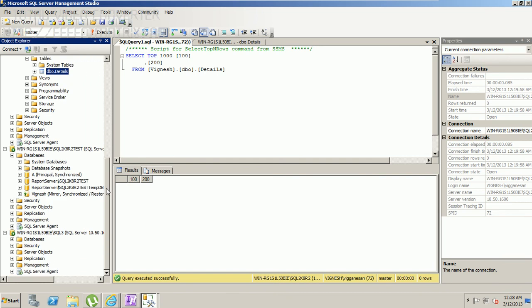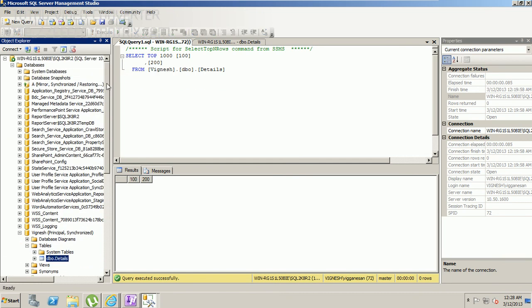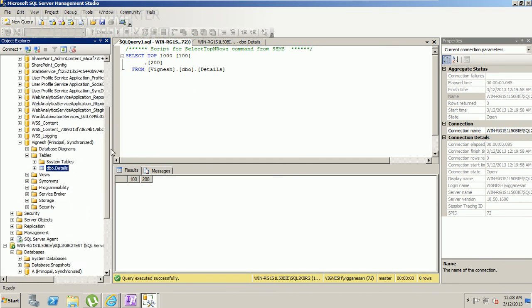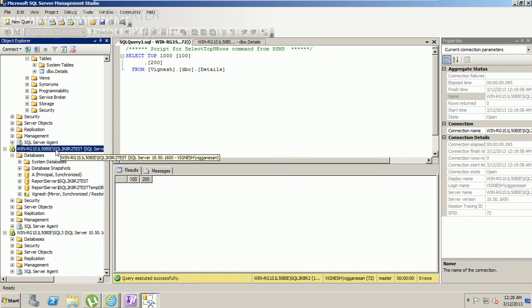So the main purpose of doing DB mirroring is that this database will be in mirror. I mean, whatever is happening here will have a mirror image of it in this instance, in this database. With the help of this, if something goes wrong in the primary database, this third witness server will help the secondary server instance, the mirror instance, to come up, and this will be acting as a normal primary server after that. Let me show you how it works.